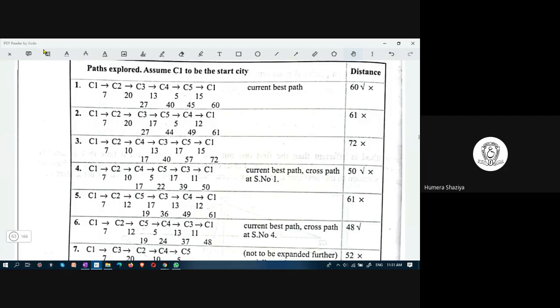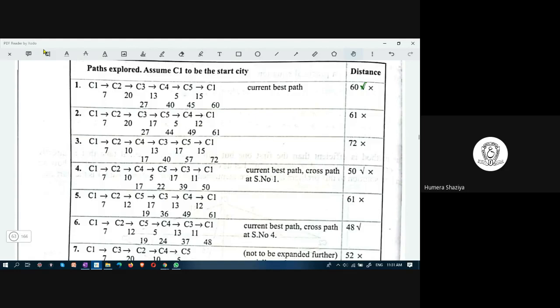The total is 60. In the beginning, you mark this as the best route, the shortest route, using this route symbol. You mark it as shortest, and this is the current best path.